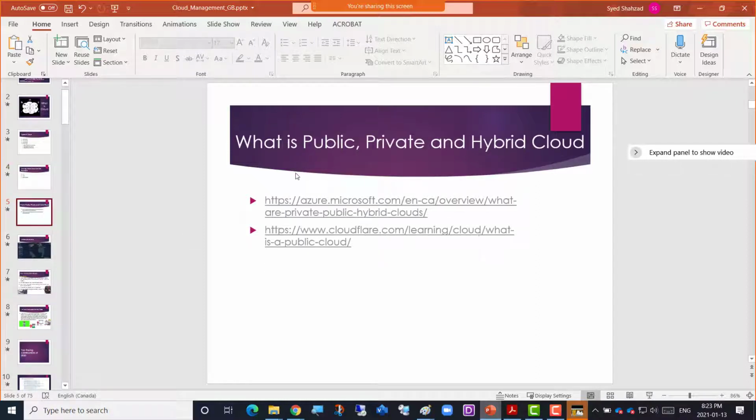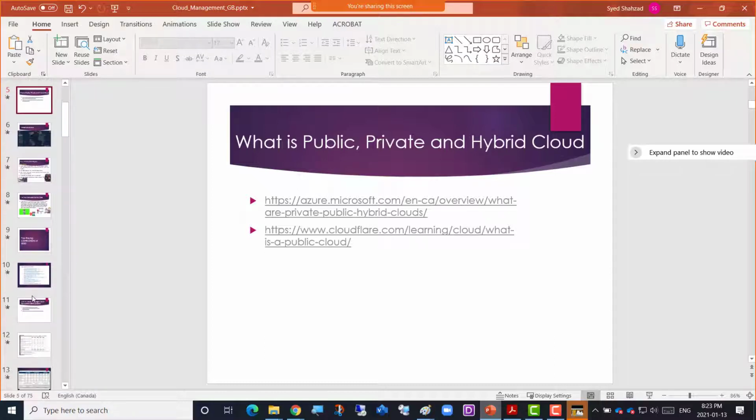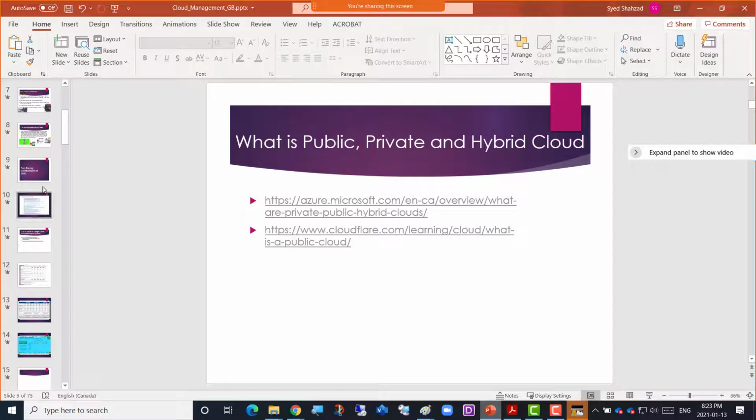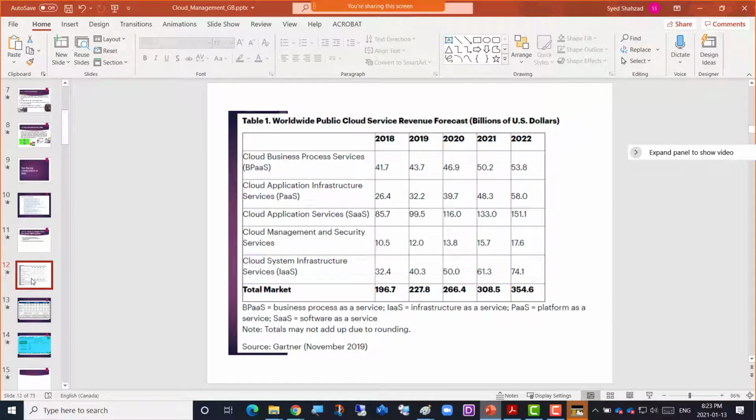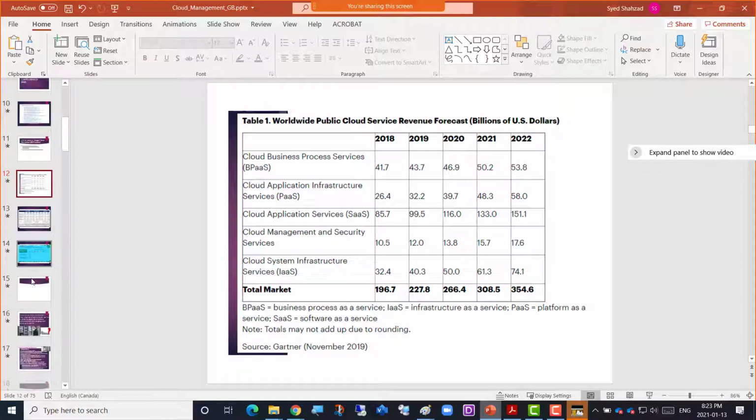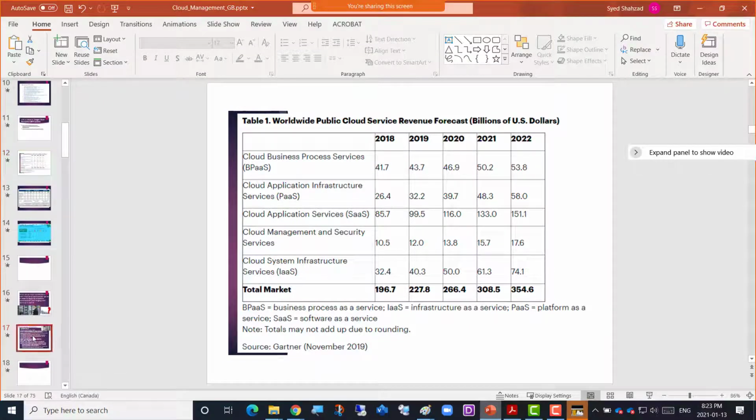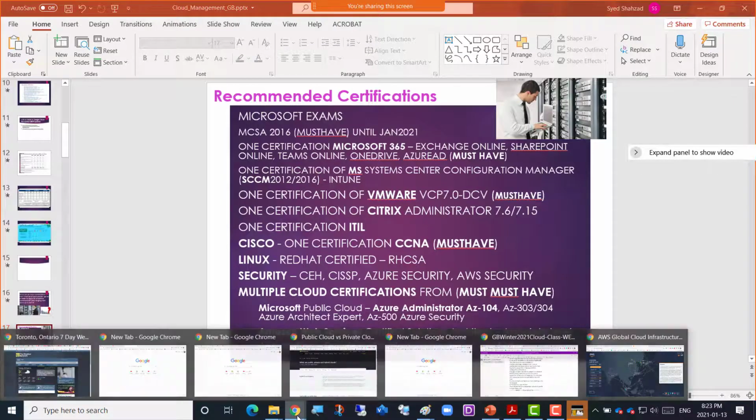Well, there are some links here for what is public, private, and hybrid cloud. I'll try to go ahead and talk about the course content there as well.